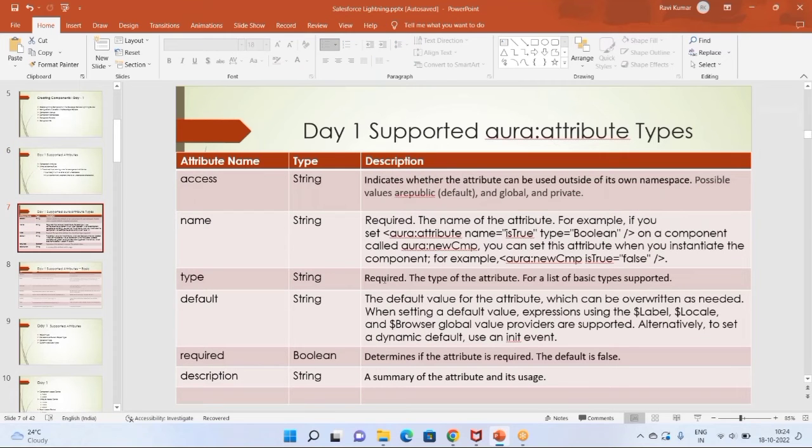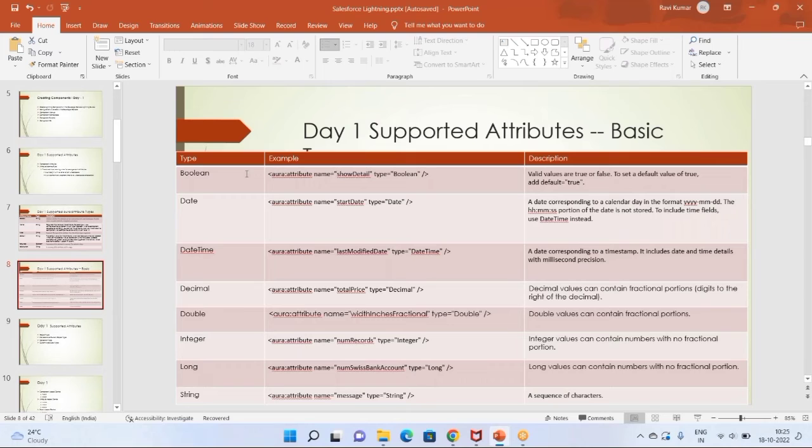When you are defining any attribute, what all other types can you define? Let's say in types we have decimal, integer, number, string, object type, wrapper type, class type as well. So what all other attributes can we put? We can define the accessibility. By default accessibility is public, but we can restrict it, we can put private, we can put global as well. We can give name, type, default, required, description,